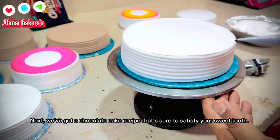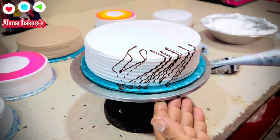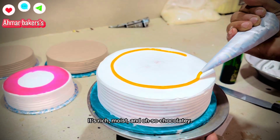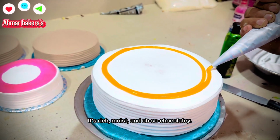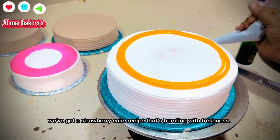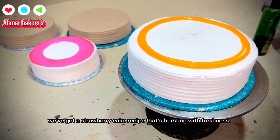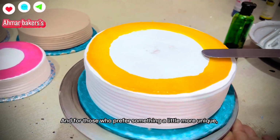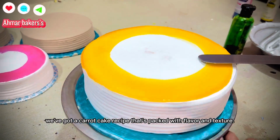Next, we've got a chocolate cake recipe that's sure to satisfy your sweet tooth. It's rich, moist, and oh so chocolatey. For those who love fruity flavors, we've got a strawberry cake recipe that's bursting with freshness. And for those who prefer something a little more unique, we've got a carrot cake recipe that's packed with flavor